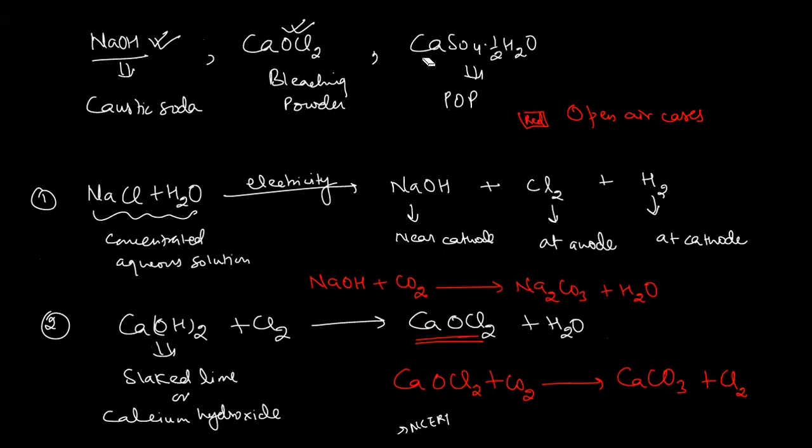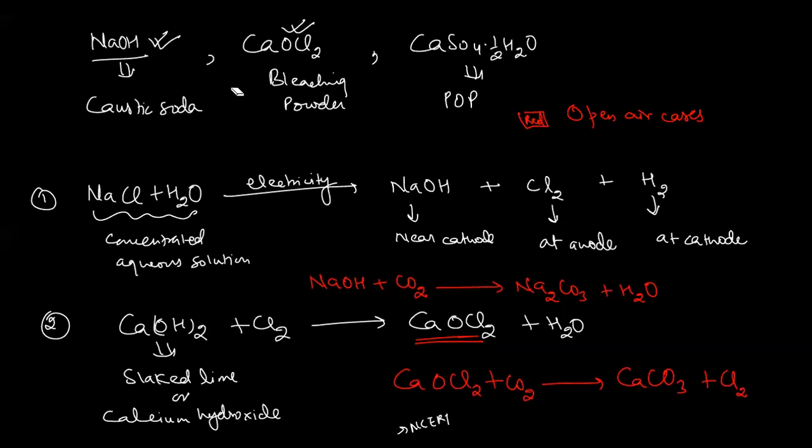That is sodium hydroxide, the caustic soda, bleaching powder. The screen is not visible. Yes, and this is calcium sulfate hemihydrate, the plaster of Paris. So I discussed the preparation of this one, how we prepare NaOH. We take the aqueous concentrated solution of NaCl. The screen is not visible to me. Is it visible to you now? No, sir. Okay, let me stop. It is visible to you, but it is not visible to us because of an internet issue. So let me explain. Start it. Is it visible to you now?